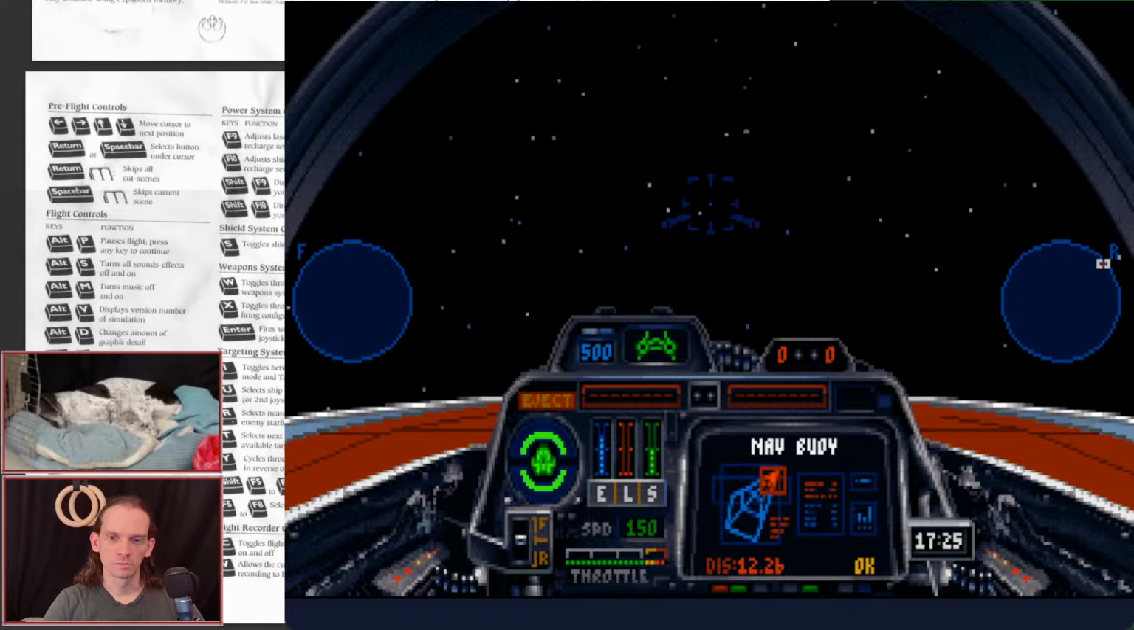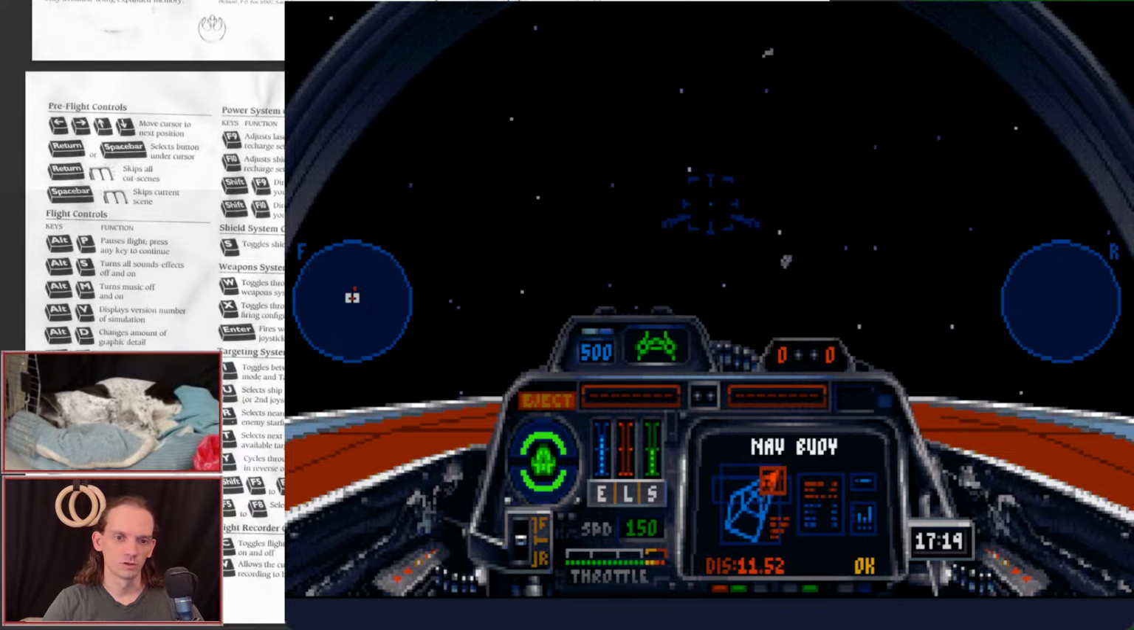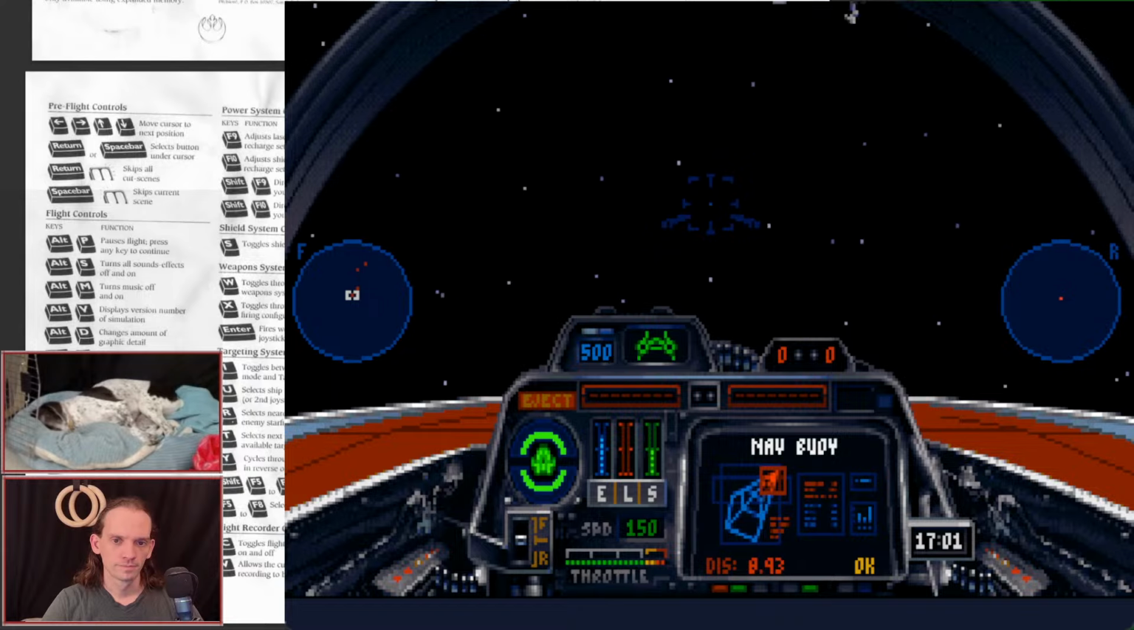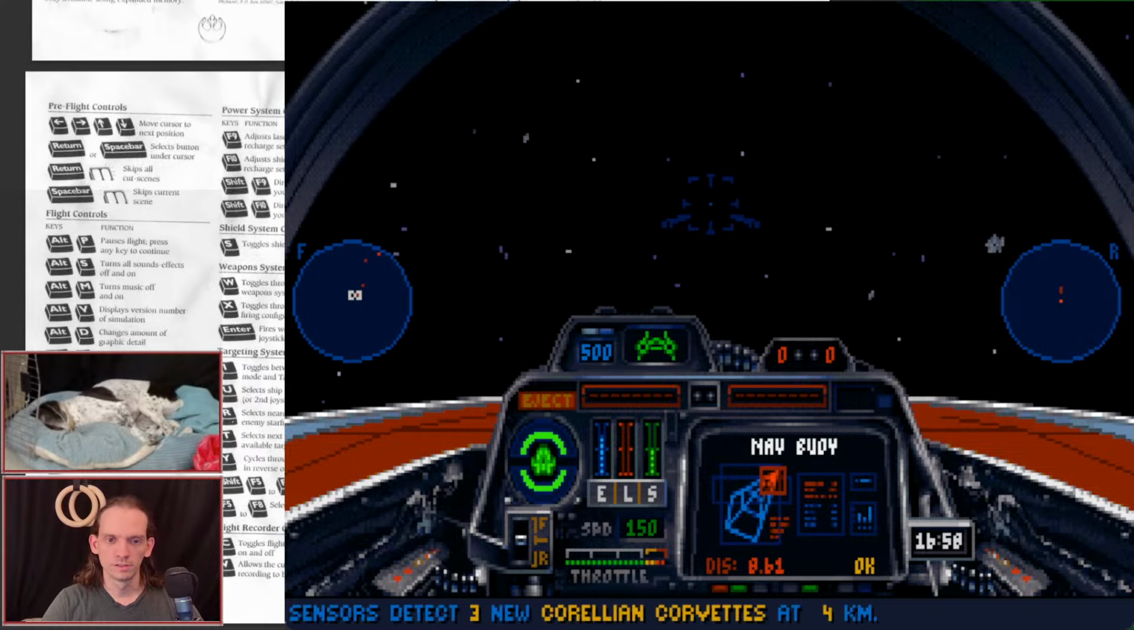I guess we should start heading back towards the nav buoy, even though that is where the TIE fighters are hanging out. But this time we're not going to cut our engines. We're going to stay just kind of running around at full speed. It helps that most of the graphics are actually just static graphics in the foreground. We got a bit of a star field, but besides that,